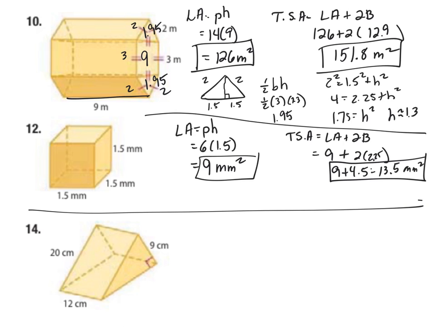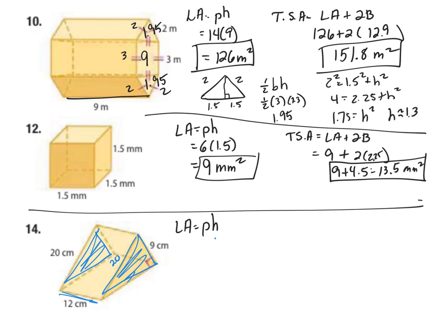Now look at number 14. Your lateral area is the perimeter of the base times the height. Well, now your bases are these triangles, because they've got to be parallel polygons that are congruent to each other. So that has to be my base. This particular hypotenuse is 20. So the perimeter of my base, and then times the height